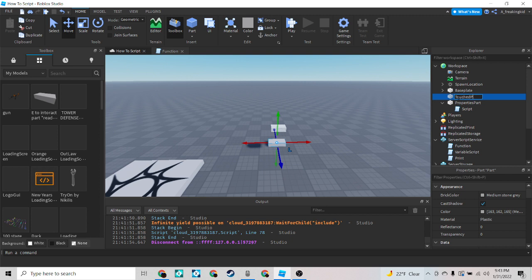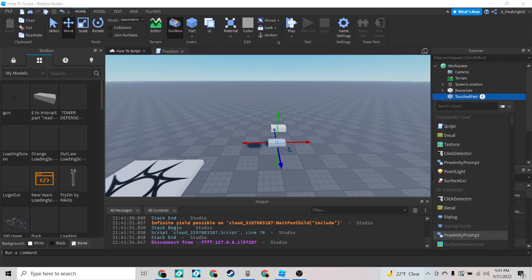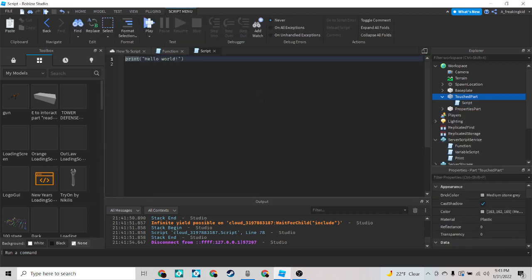Touched, touch part. And let's add a script. So in this script, we're gonna use an event with a function, I guess. So inside of the touched part, we're gonna add a script, and let's do